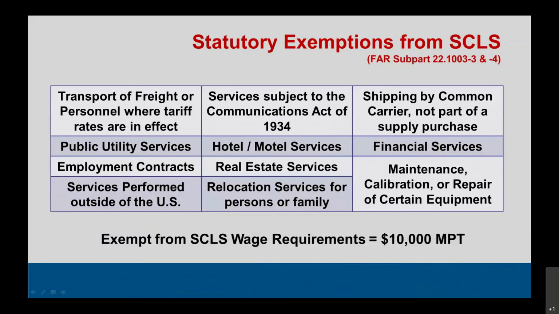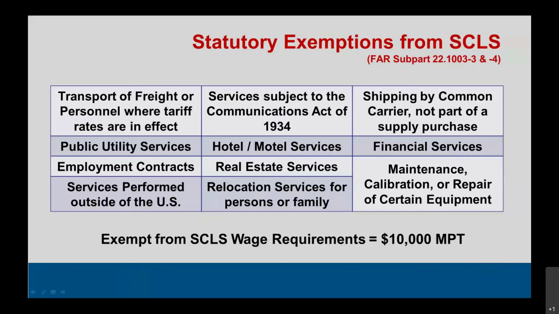There are statutory exemptions from the Service Contract Labor Standards that's formerly known as the Service Contract Act of 1965, and that's what dictates the lower micro-purchase threshold for services. And that's only applicable, micro-purchase threshold of $2,500 is only applicable if the services are going to be performed in the United States. So there are some exceptions, and they're listed in FAR. I'm going to touch on them real quick. Some exceptions to the